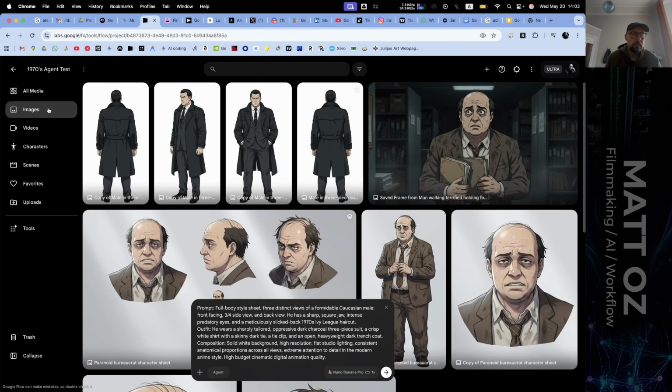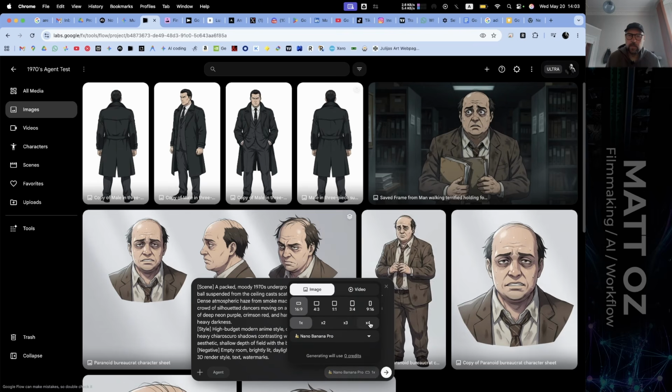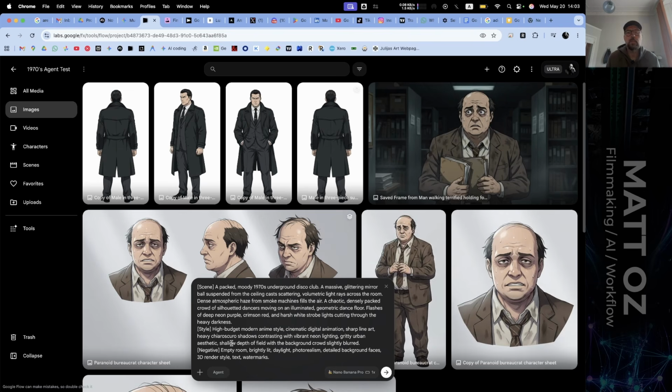So I've cheated a little bit and obviously gone back to my chat. I'm going to create an environment for the disco ball. We're going to use Nano Banana Pro because now this is getting into artistic style development, all that kind of stuff. And what we're going to do is see if we can use the agent, I don't know if it'll work the same way as Omni, with this world building. So we're going to create a grid, which gives it a bit more of a thematic lock.